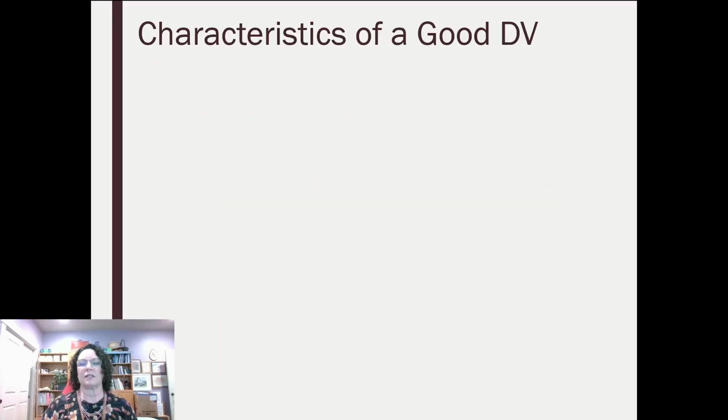So, some characteristics of a good dependent variable. First, it's valid. It's measuring what it's claiming to measure. You don't want to use a tool that measures something, but not what you're actually trying to measure, right? So if you're really interested in, let's say, analytic thinking, you probably don't want to administer a bunch of multiplication problems and say that's analytical thinking, because there's more to analytical thinking than being able to solve math problems,